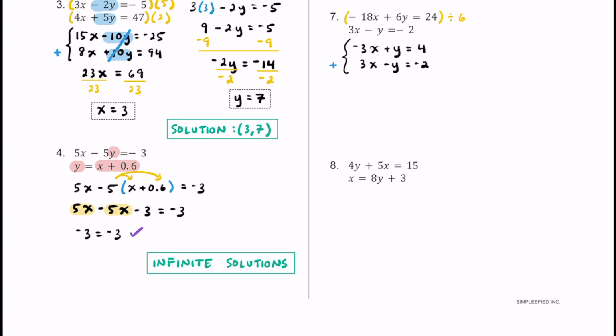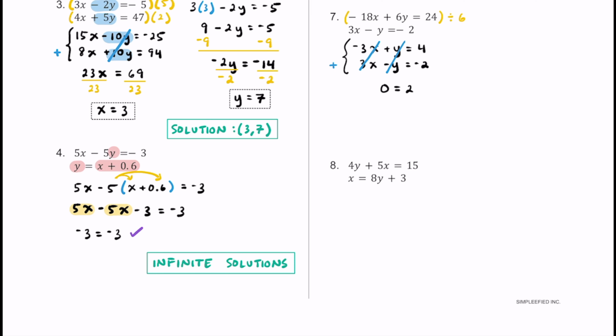So since they're both in standard form and they're lined up and they have matching coefficients, let's just go ahead and add these right away. If we add this negative 3x plus this positive 3x, they're just going to get eliminated. And then if we add this positive 1y and negative 1y, those are also going to get eliminated. So on the left side, we're going to be left with this 0. And on the right side, if we add 4 plus negative 2, or just 4 minus 2, that's going to